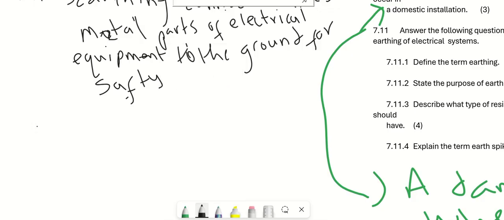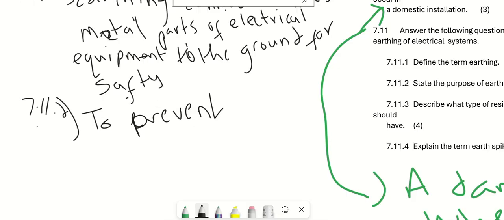So the purpose of earthing, 7.11.2: to prevent electrical shock.